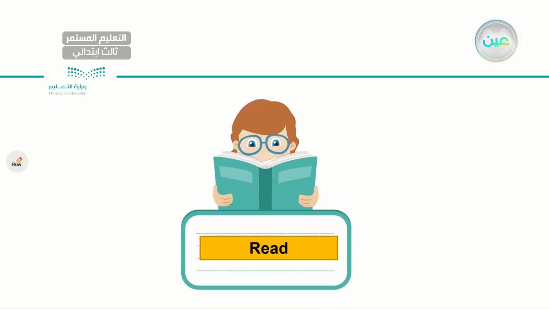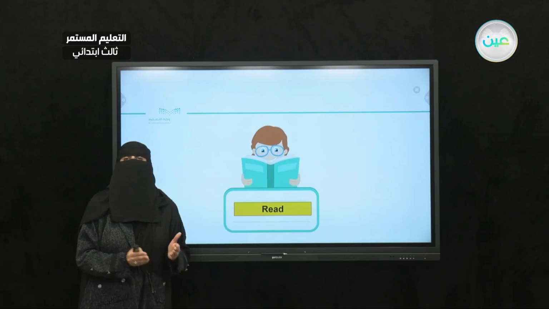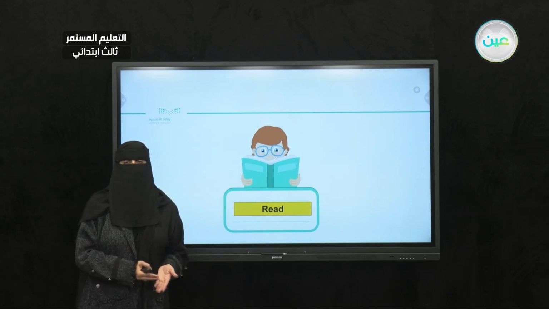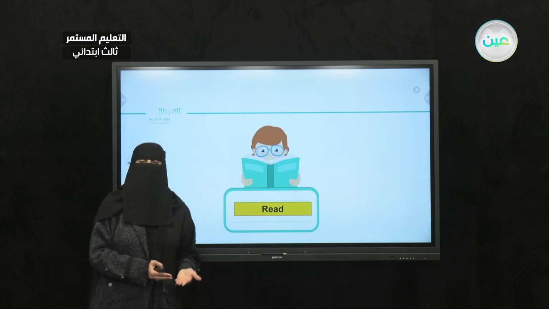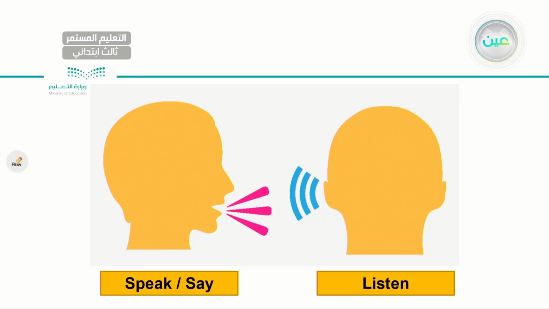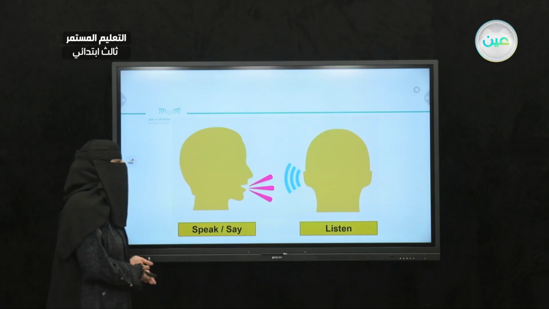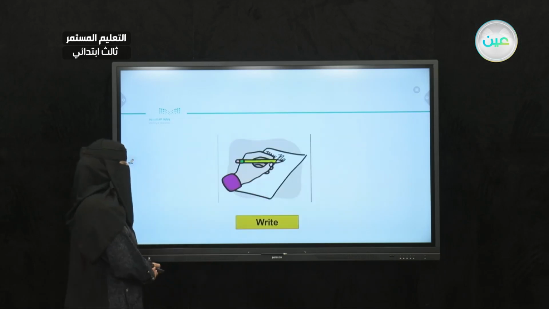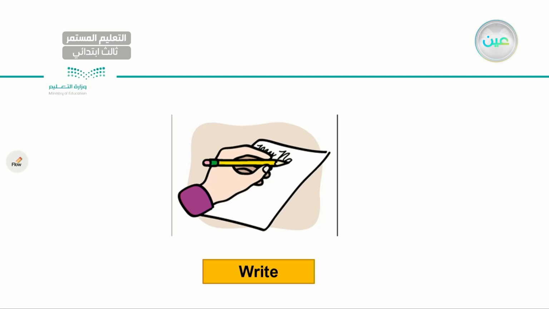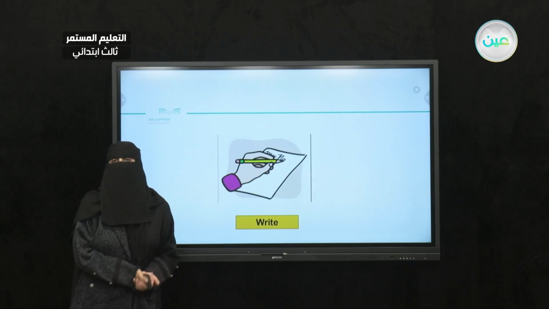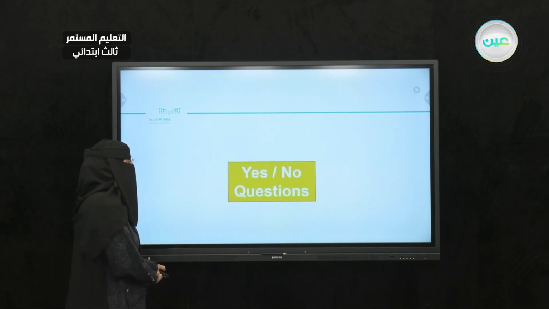For reading, I need you to sit in a quiet place so you can listen to me and read the words correctly. I highly recommend that you practice reading the words in your book over and over with someone right next to you. As I'm saying the words, I need you to listen carefully and repeat the words and the sentences after me. For the writing section, I need you to have your notebook and some pencils in order to copy or trace the ones that you already have.